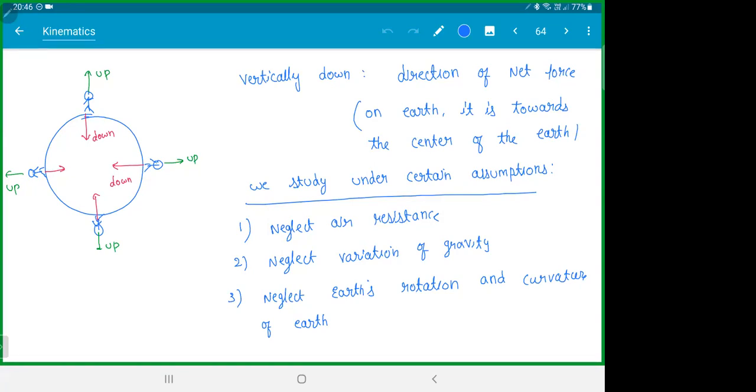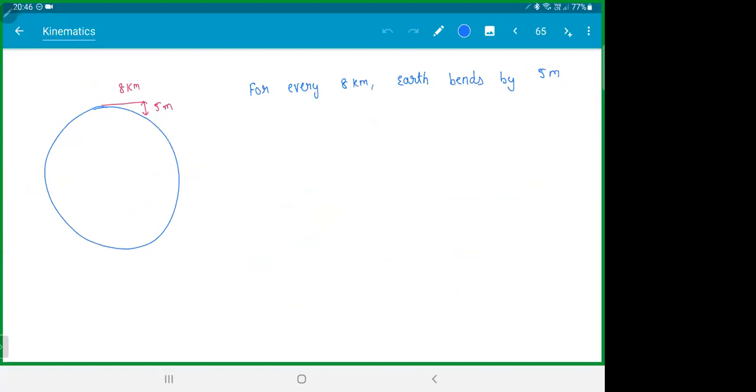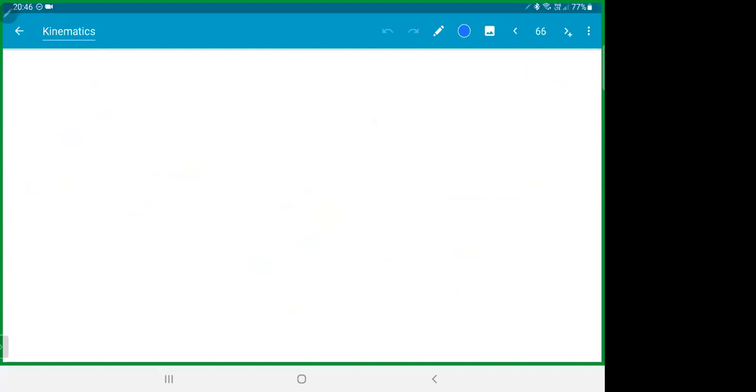Great. So the last thing we did was, we just had an introduction about this vertical circular motion. Let's work on this thing. So consider